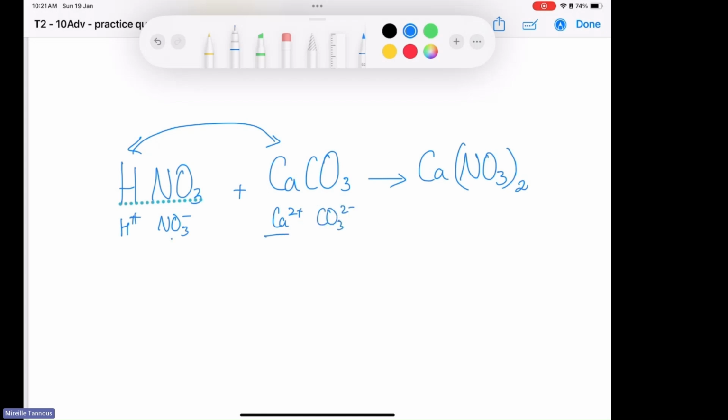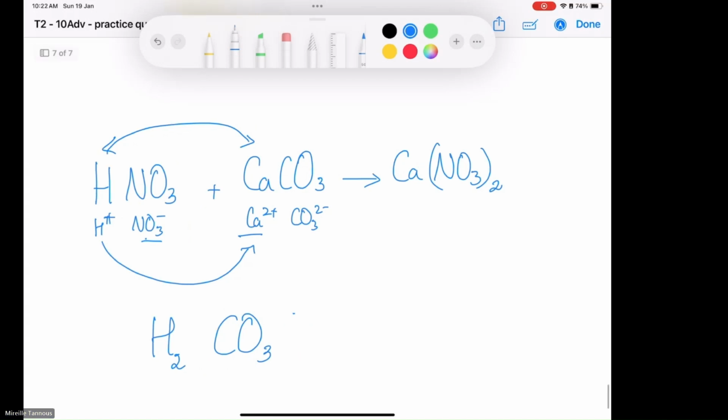So if I'm placing these two together, it's going to be NO3 minus, so I need to put 2 over here. And I am placing this over here. It's going to become H plus and CO3 2 minus. So the 2 we write here and the 1 we ignore, and then we erase them. So I get H2